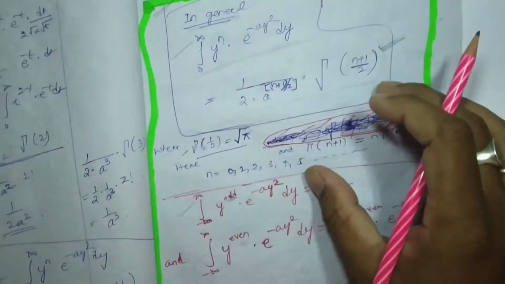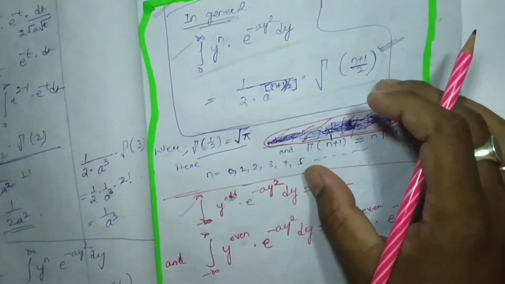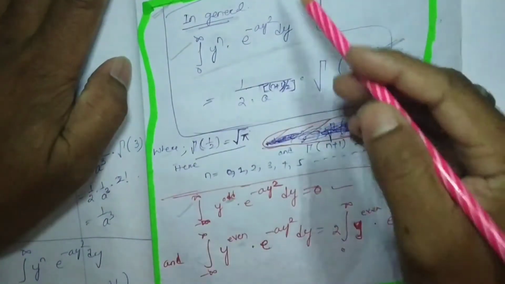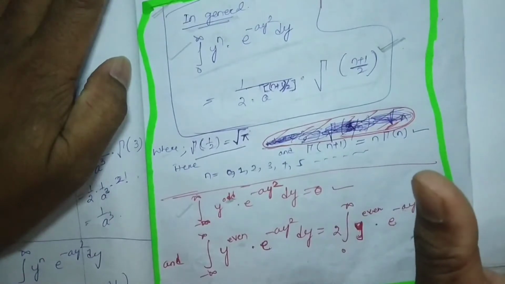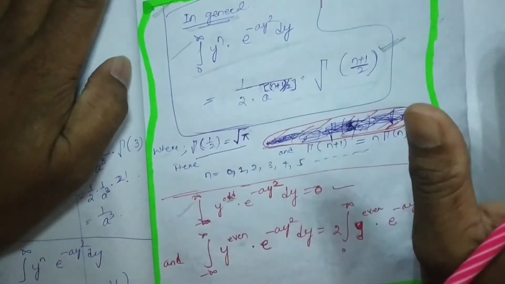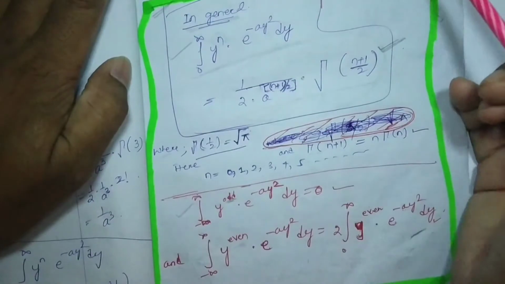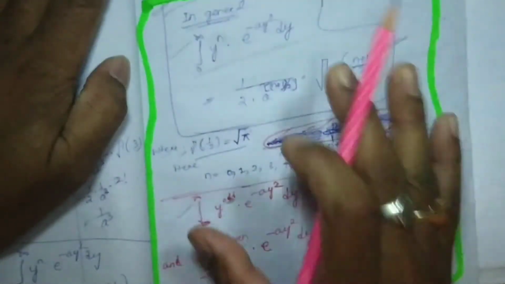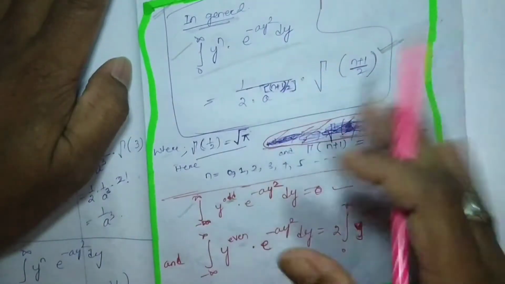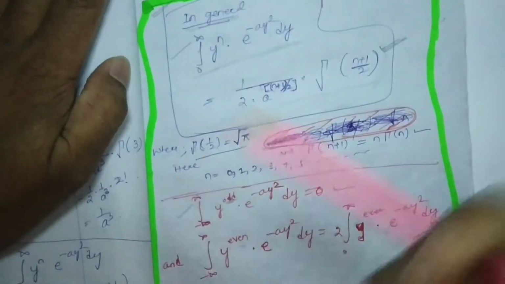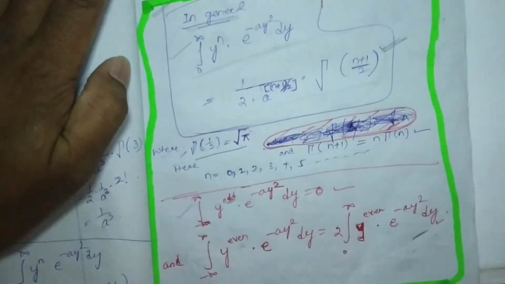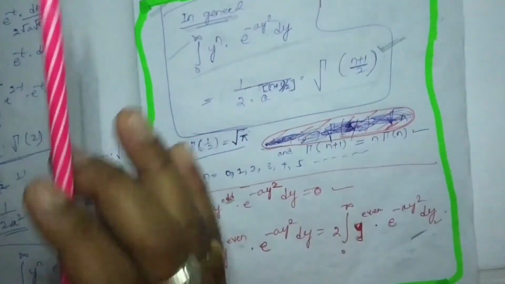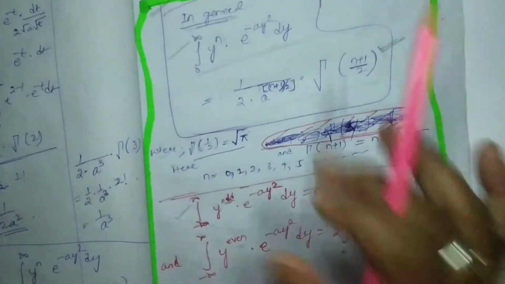Here I am suggesting that you write this in your notes on a separate page. This is not part of the regular contents that we are discussing in quantum and solid state. This is only an extra part which is required in our quantum, solid state, as well as in our next semester, 6th semester, right? So you have to write this as a note on a separate page. I am just going to instruct you how to write.